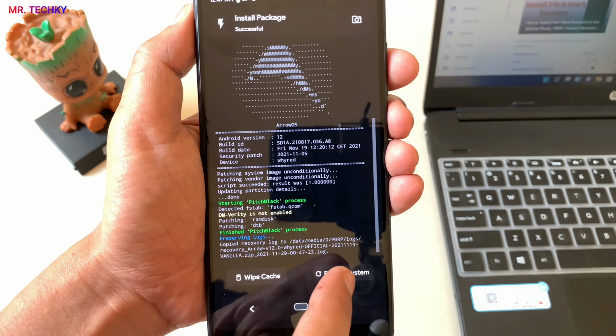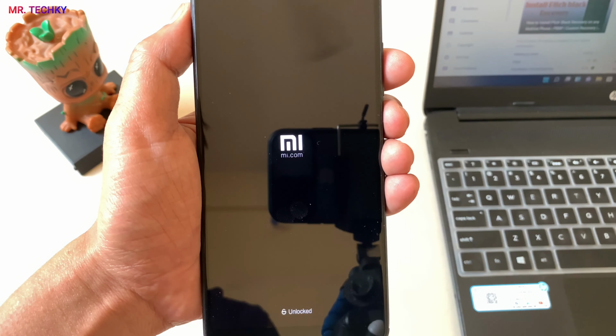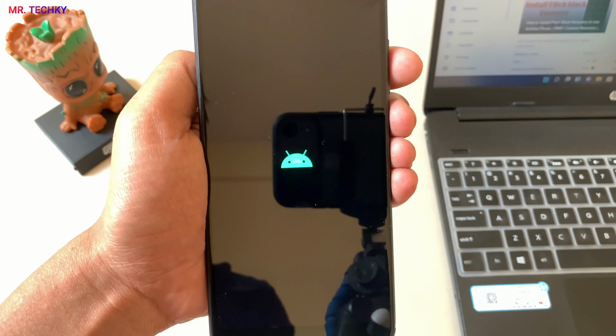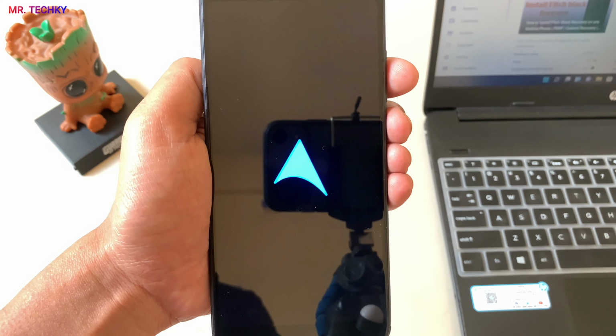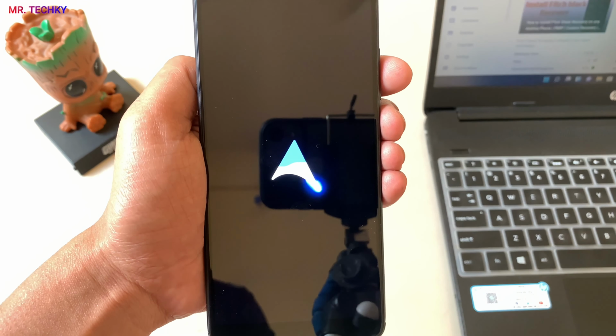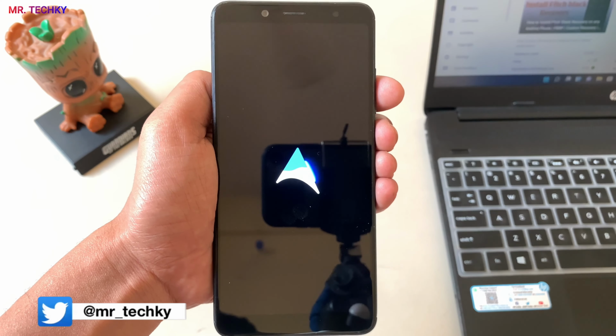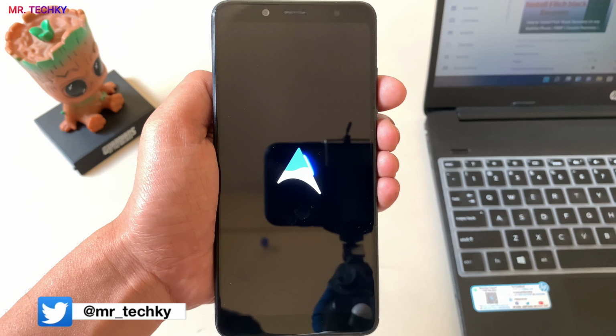Reboot your device once installations are successful. That's it, you are done with the installation process.